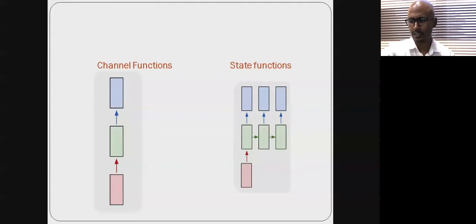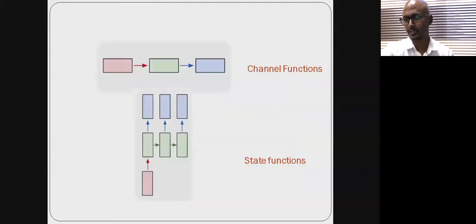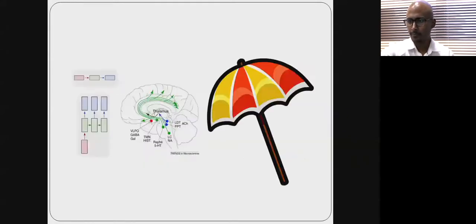So the most important concept in this lecture is that channel functions depend on state functions. In order for channel functions to function, you should have a well intact state function. If you are already drowsy or unconscious, you cannot really comment whether the patient has aphasia or dementia or an underlying problem. To make this conceptually easy,